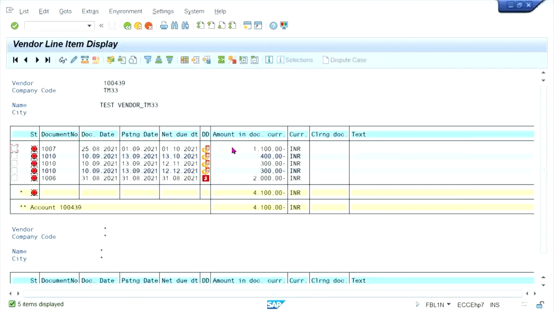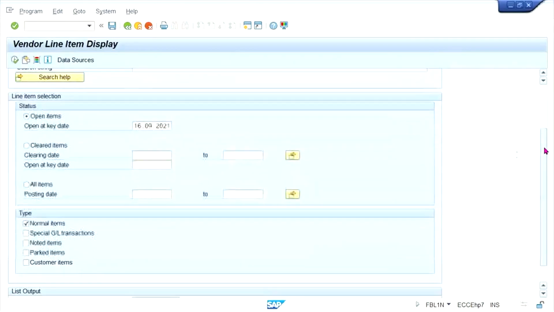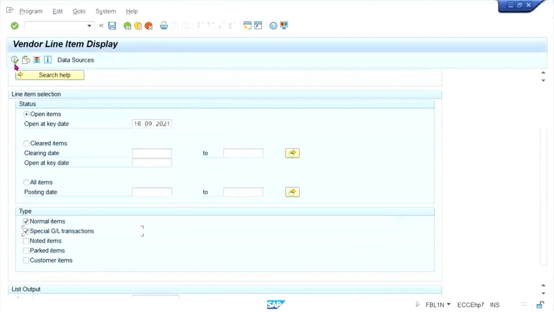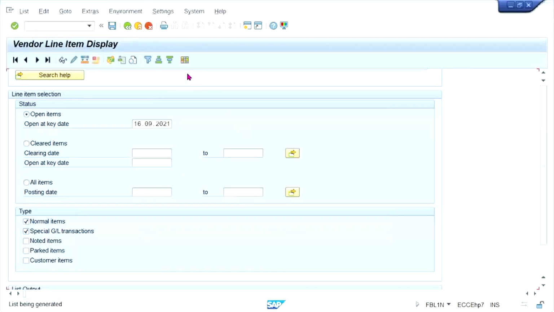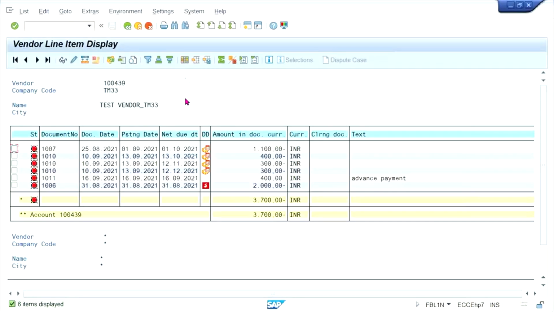Okay, now our vendor number, you execute here. So now down payment is not appearing. Why is it not appearing, guys? It's pretty simple. Here, special GL transactions, you need to select, right? Then this down payment is appearing, right? Special GL indicator is not appearing here. Why? Because you need to add